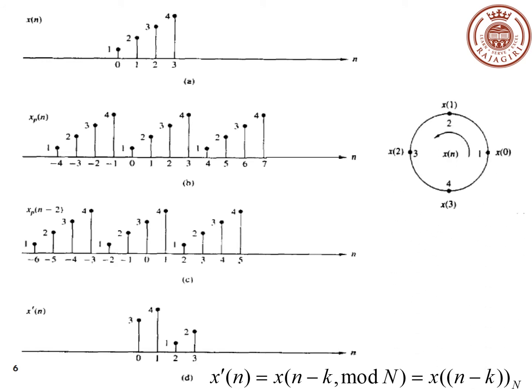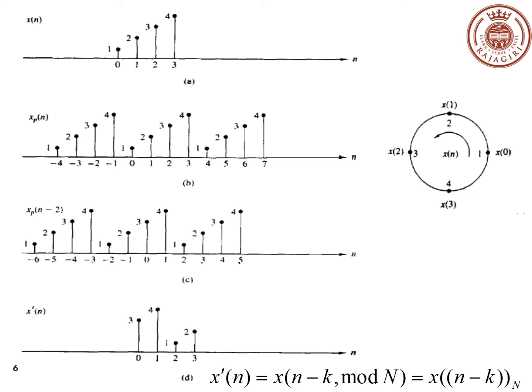From now on, we will be representing the given samples on a circle as equally spaced points. Okay, so here we have 4 samples, so we are going to divide our circle into 4 equally distant points and mark the samples in the anti-clockwise direction. So x of 0, x of 1, x of 2 and x of 3. Okay, so these are the values which are written inside of the circle.